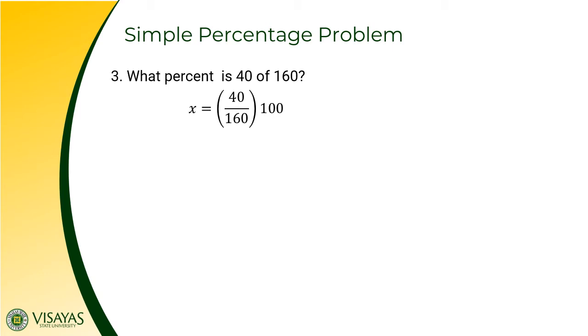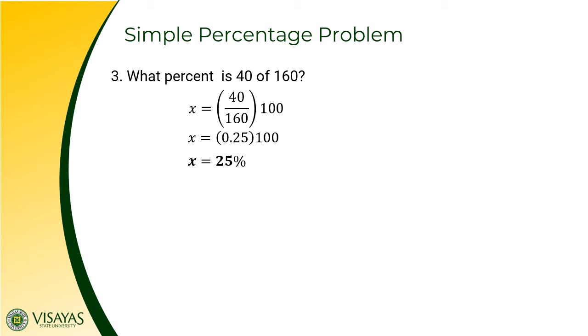So we have here 40 divided by its whole, which is 160. Naka-multiply siya sa 100 because 40 over 160 is in decimal form. Para makuha natin yung percent form, i-multiply natin siya ng 100. So 40 divided by 160 is 0.25 times 100 para maging percent form siya, so that will equal 25%,